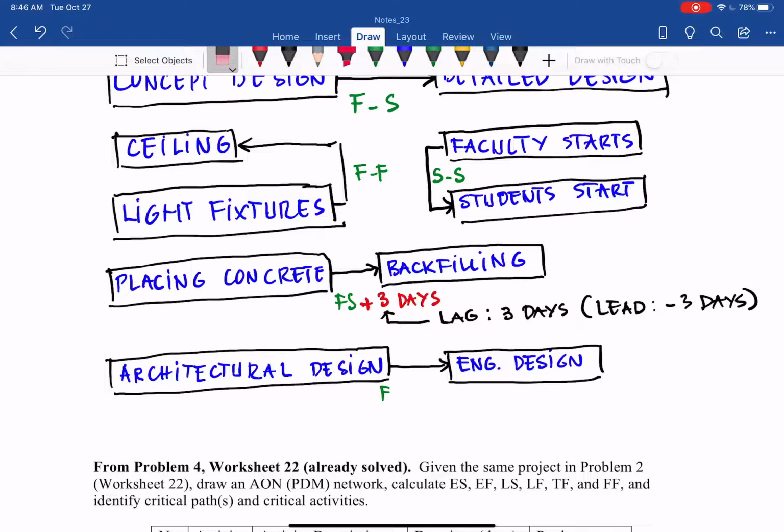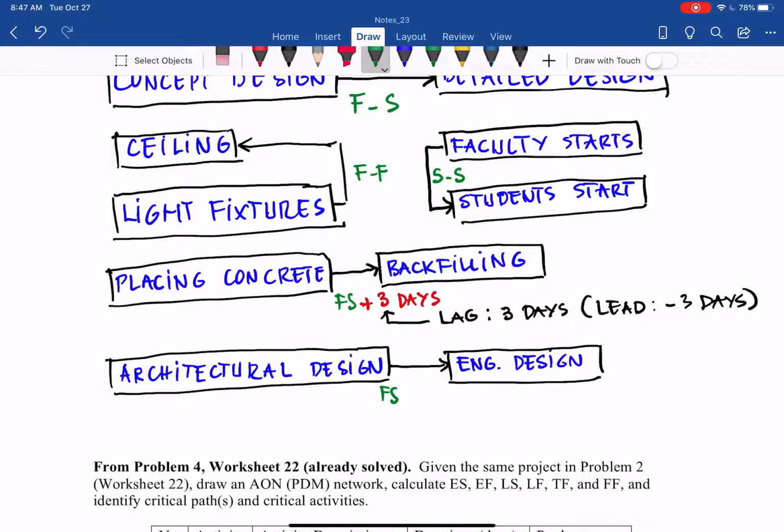However, if that linear sequence takes a long time, you can say I can start engineering design a few months before I complete the architectural design, and that you can model with the lag and lead in this case. So instead of starting architectural design to finish in October, and then starting engineering design in November,